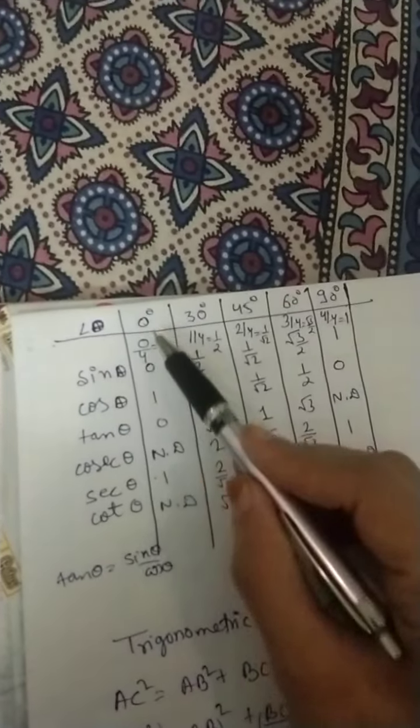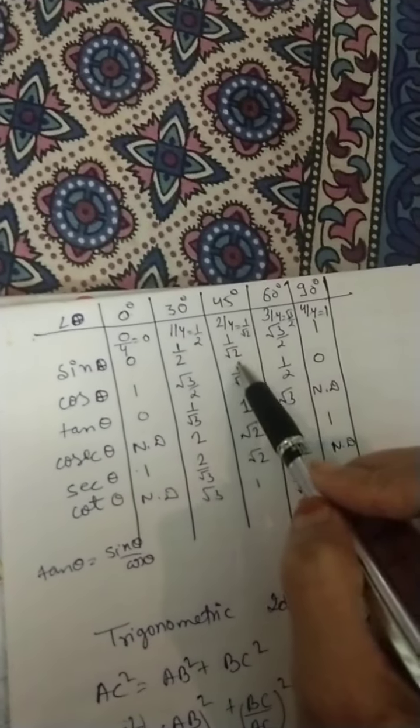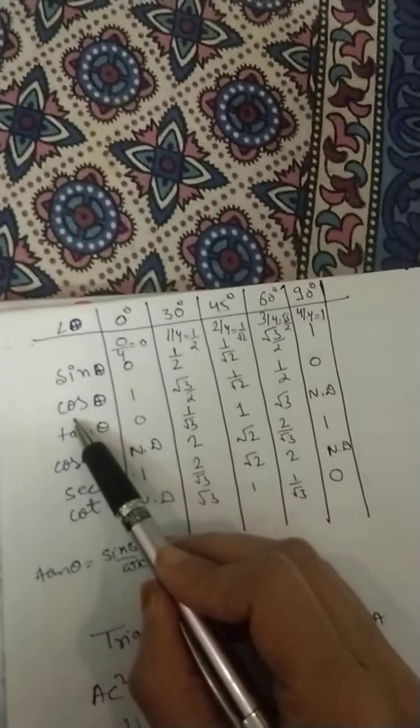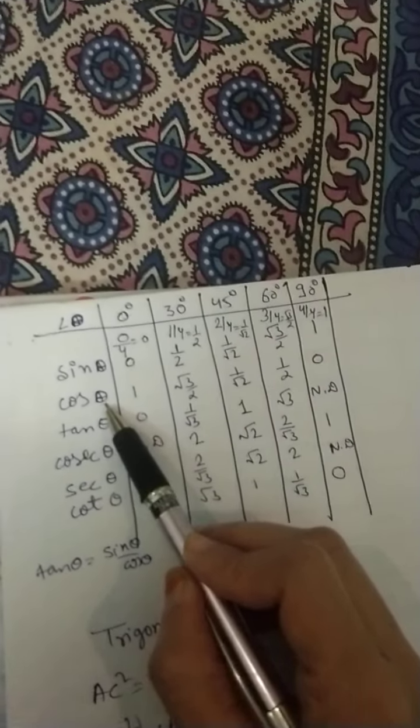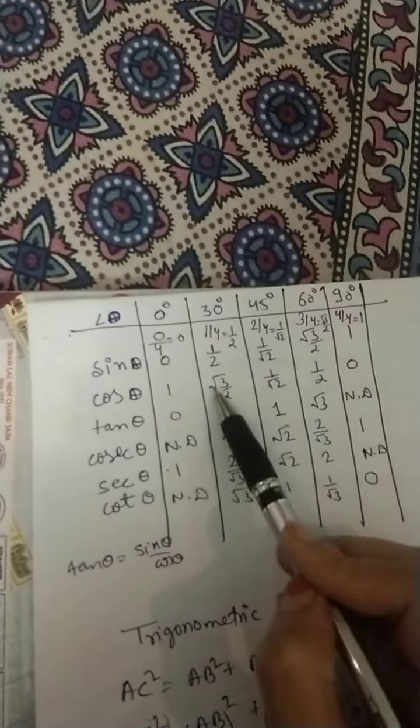Now sin 0 will take the value of 0, sin 30 is 1 by 2, sin 45 is 1 by root 2, sin 60 is root 3 by 2 and sin 90 is 1. For cos theta, you have to just reverse the values of this row. So cos will take all the values from 0 to 90. So here I am reversing the row. So this is 1, root 3 by 2 here, 1 by root 2 here and 1 by 2 here,